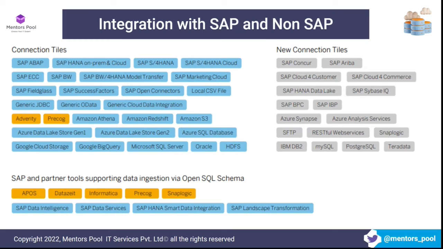So if you find a very typical or legacy system that your business is using and you don't find direct connectivity in Data Warehouse Cloud, there are a lot of SAP-approved third-party providers who give connectors for specialized or legacy systems which do not have native connectivity, right? So you can connect to even more systems with that type of third-party connector.